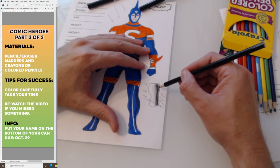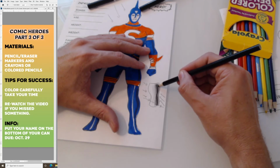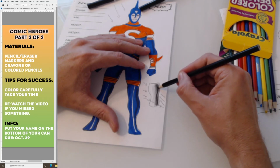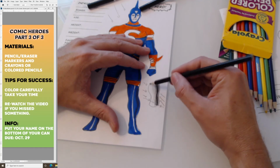It's almost on the edge. And then this is not the darkest part of the shadow. It's like the medium. This is like the medium value. And then it goes dark. So it goes medium, dark, medium, light shadow. And then white or